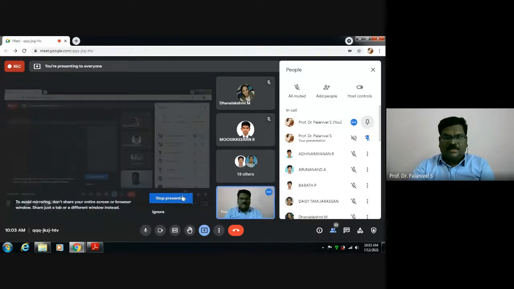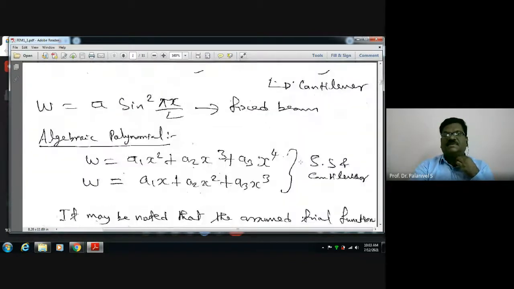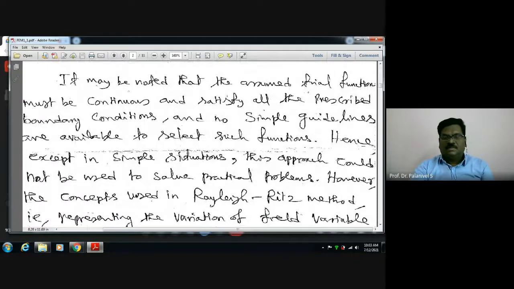Right. For today's discussion, I have projected the notes. We have seen it in the last class. After that discussion, I discussed with you the Rayleigh-Ritz method. We have done some problems with one-term approximation. The chosen trial function was a trigonometrical function. On the same problem I have shown you the two-term approximation and three-term approximation. If you want more accuracy, you have to go for many terms.